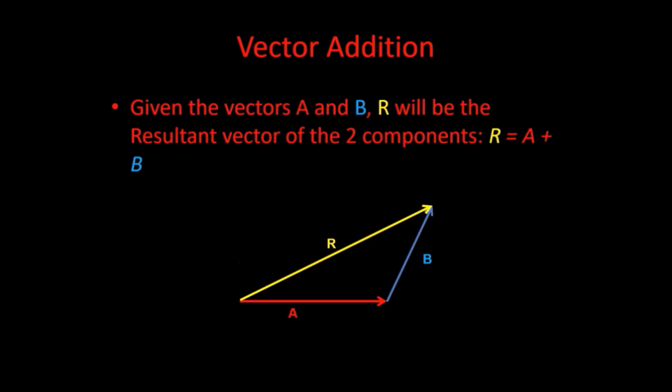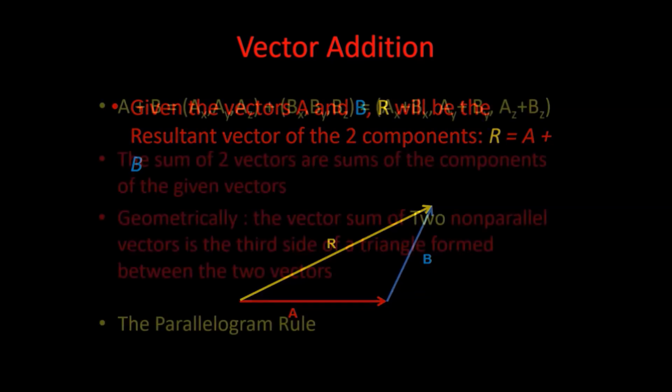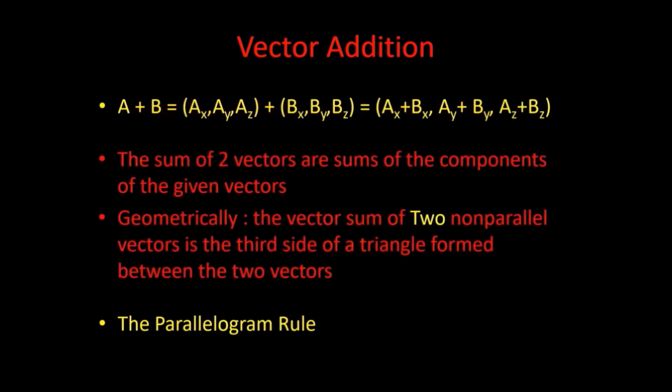So given two vectors, a and b, the resultant will be the resultant vector of the two components. R will be a and b together. That doesn't mean you just sum them together. We of course could use, say, Pythagorean theorem there, but there'll be some sum of those two vectors. But if you do sum two vectors,